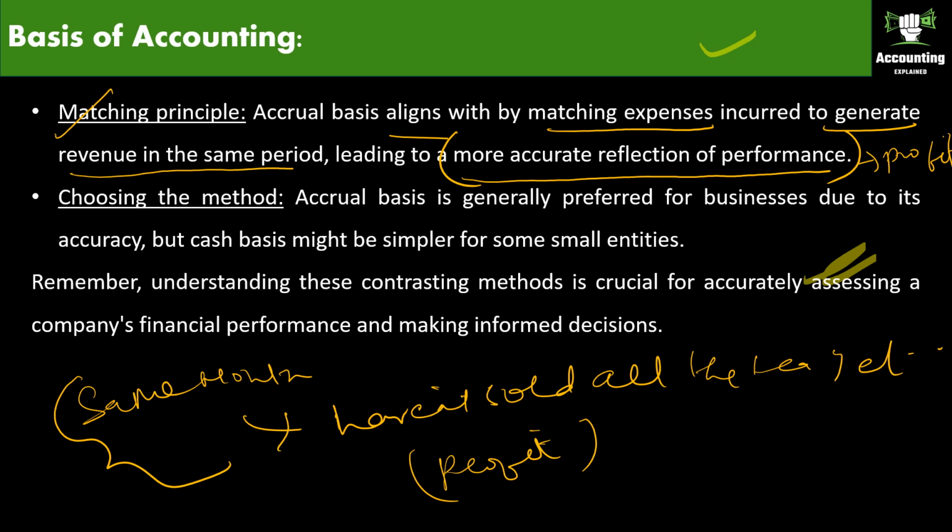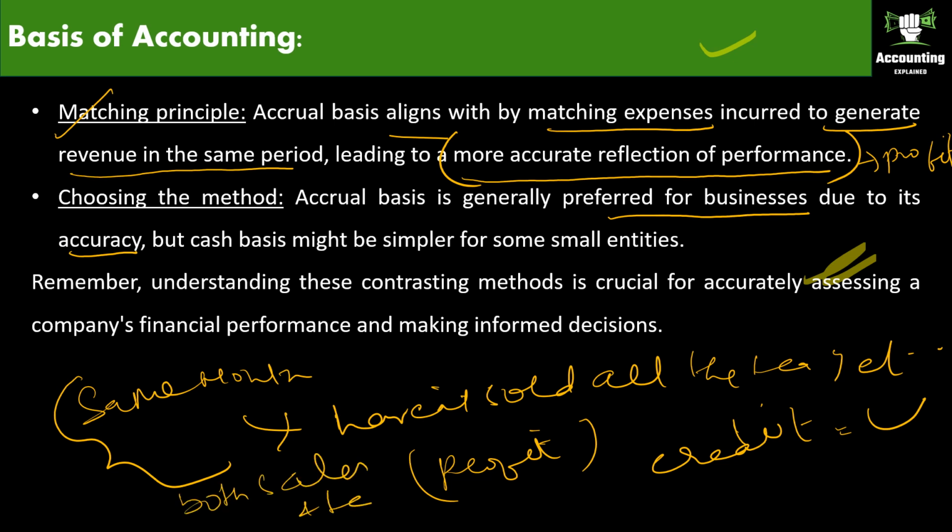Next, choosing the method. Accrual basis is generally preferred for businesses due to its accuracy. When you follow accrual basis, it records income when you sell tea even on credit, like tracking all your tea sales this month. It records tea expenses when you buy on credit also, like tracking all your tea purchases this month. This helps you understand your true profit for the month, considering both sales